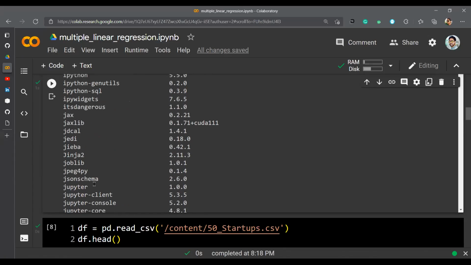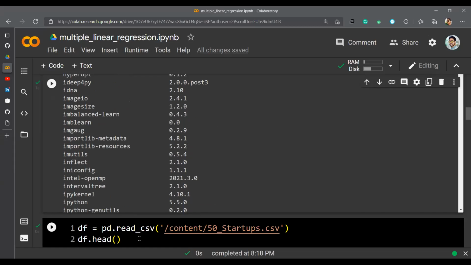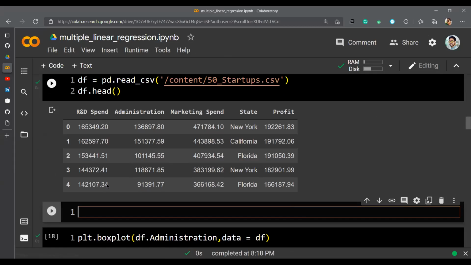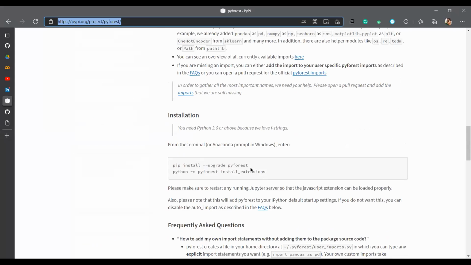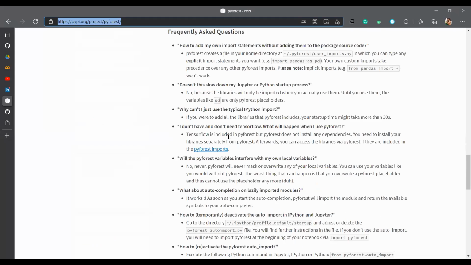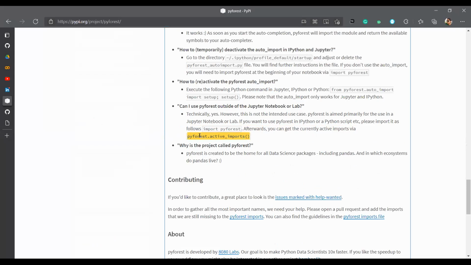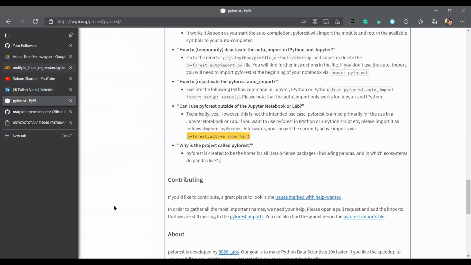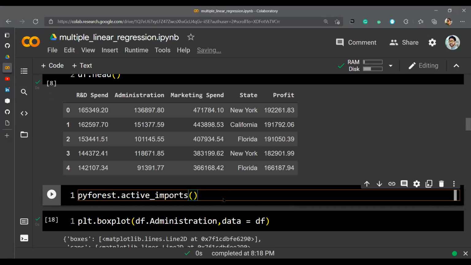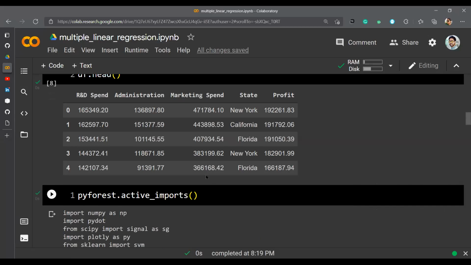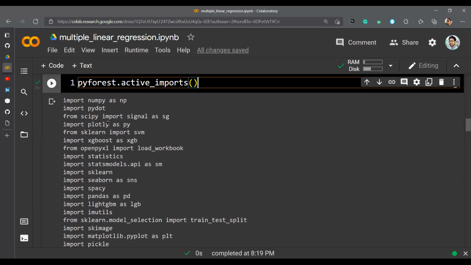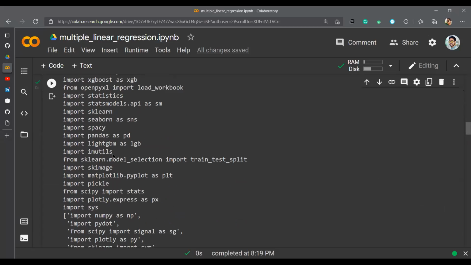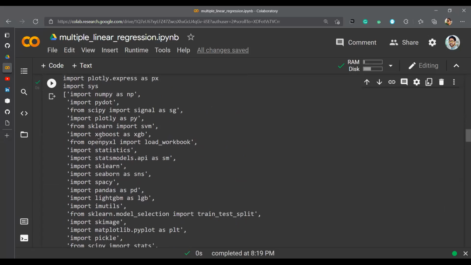After installing PyForest, these are all the libraries that are available in PyForest. And if you want to see the active libraries, I think it's given here how to see them. It should be there somewhere. Yeah, active imports. Wow. So you can utilize this particular code to see what all libraries are currently active. That's a lot. I didn't know that they have already updated it.